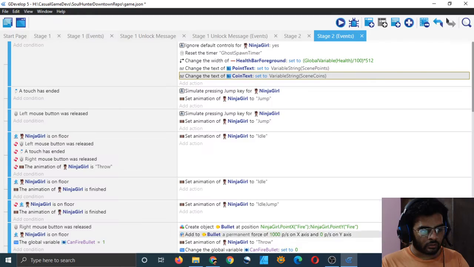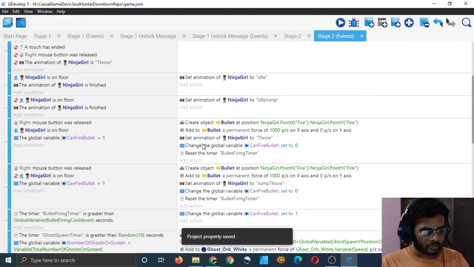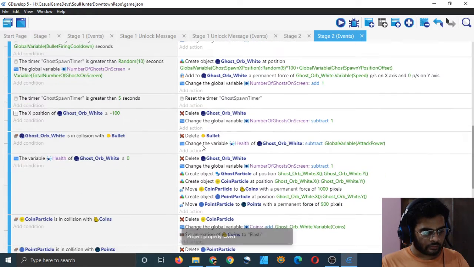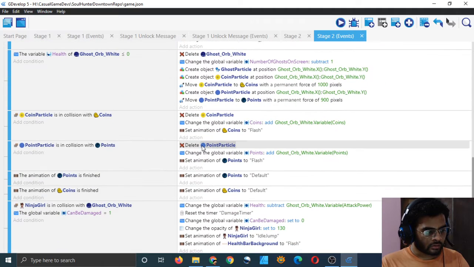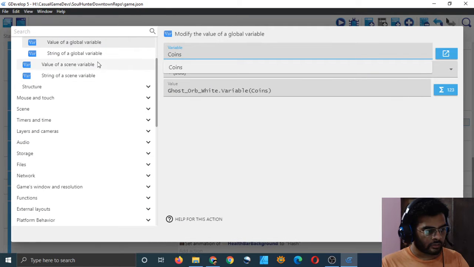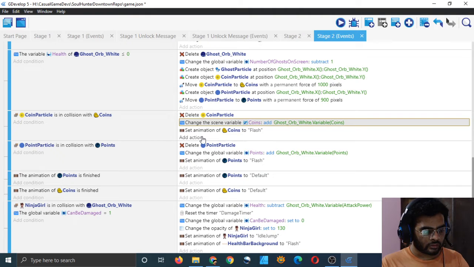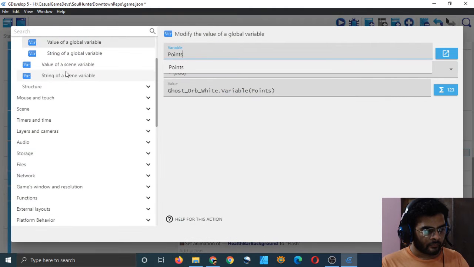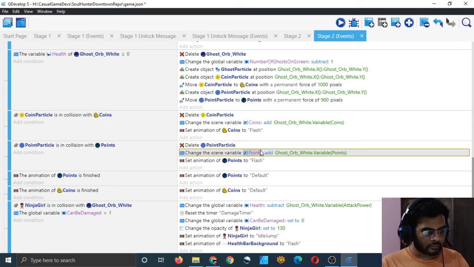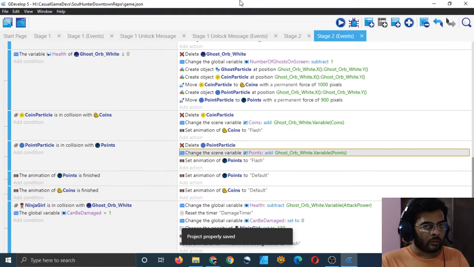Apply and okay, and we have to update the scene variables which are over here. We change the global variable, but now we will change the scene variable. That's all you have to do. Just click on scene, change the scene variable, value of a scene variable. That's it, it's done. Now it's good.